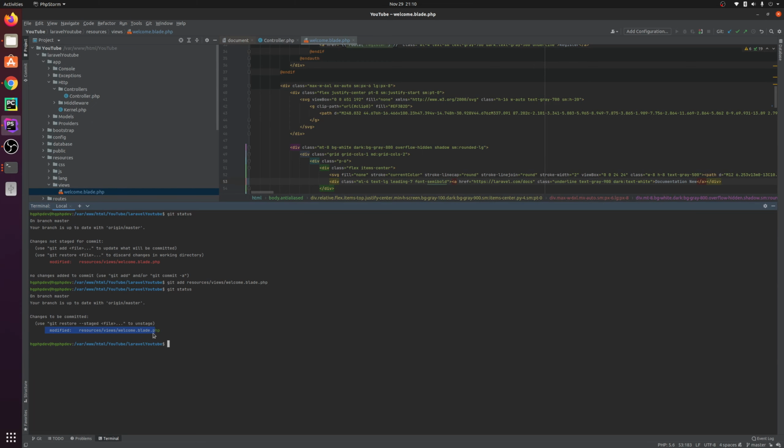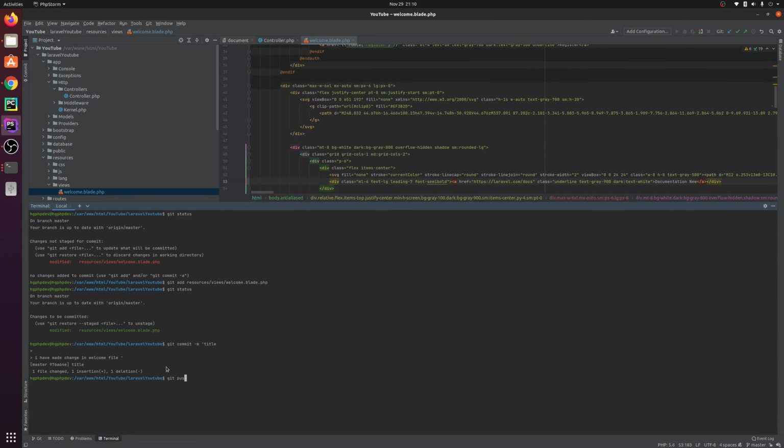Okay, it is added, and we have to add a commit now. Title, now description, I have made a change in the welcome file. Okay, hit enter, and now you see the commit is added.